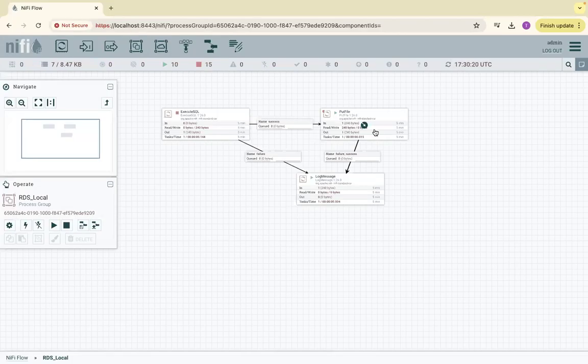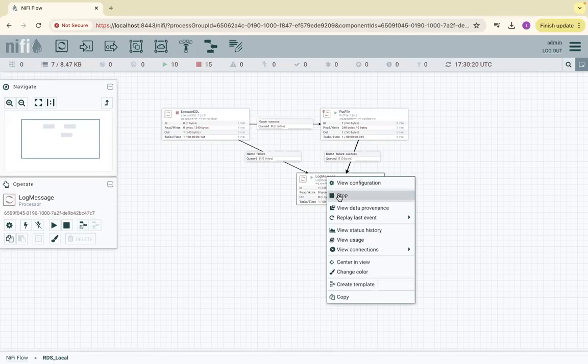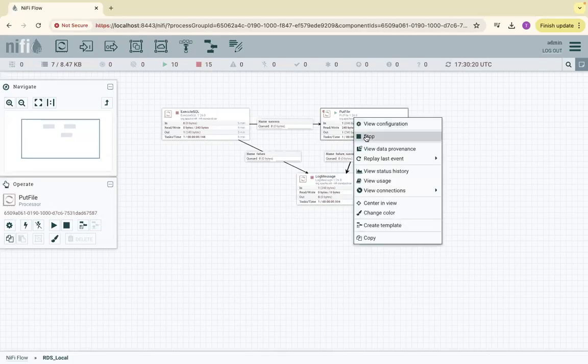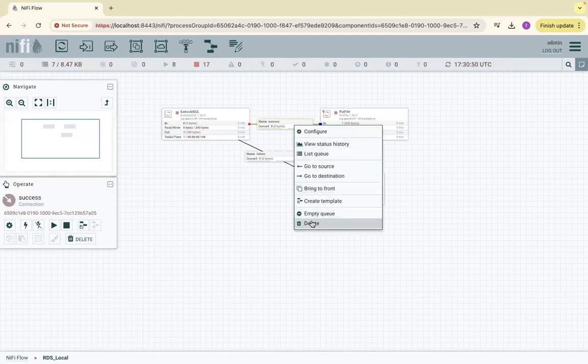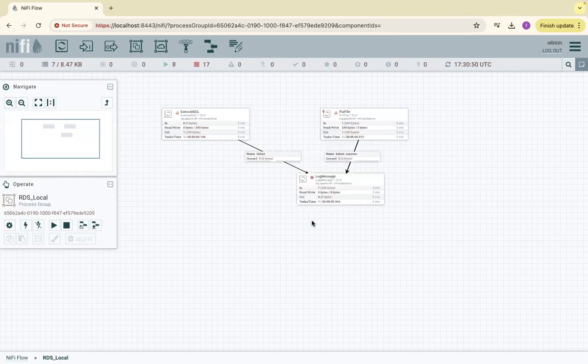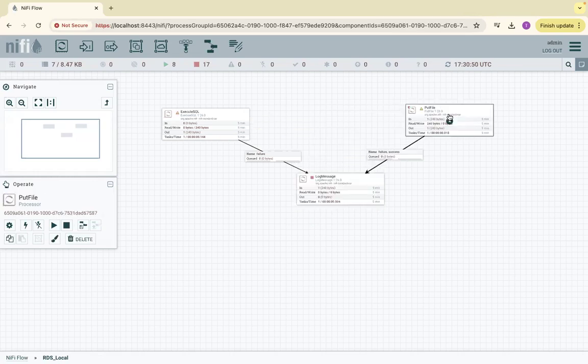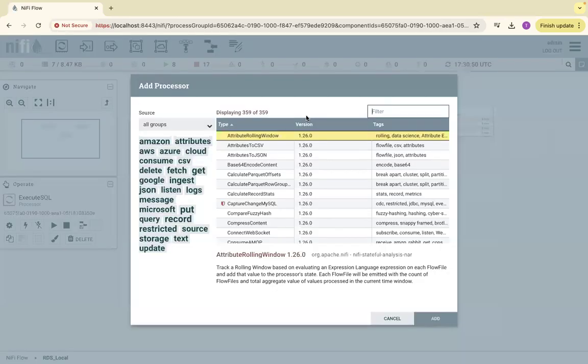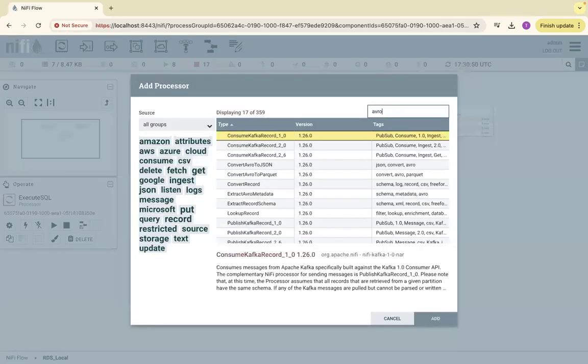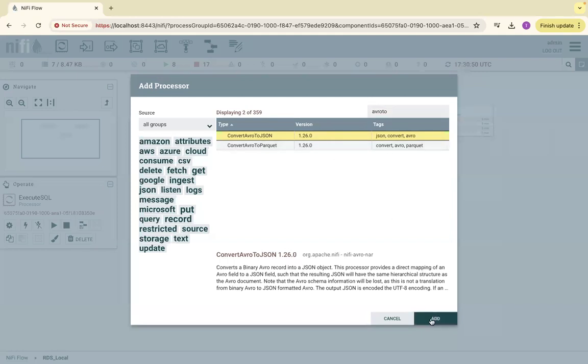Let's do that modification. Let's stop this process. Stop this process. And before putting it into, let me delete it. Delete this link between ExecuteSQL and put file. And then add a process. Avro to JSON, add,